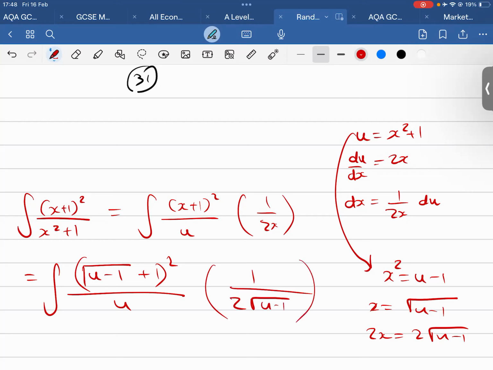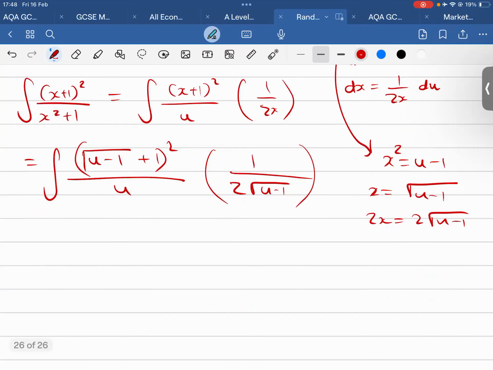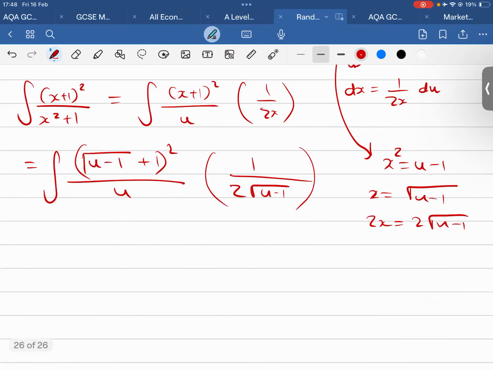We can either spend like 2 minutes trying to figure out if it cancels out or not. Not sure. It seems kind of long, okay? Because we got this far, we might as well try. So we have to expand the top bracket and tidy up the bottom bracket. So we get root u minus 1 plus 1 squared, u minus 1